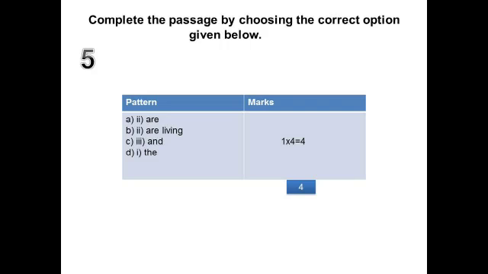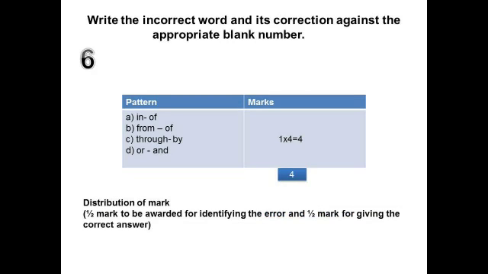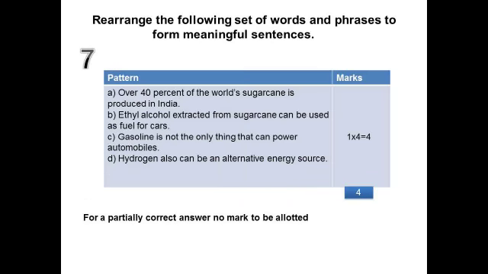Similarly, we'll have question number 6, which is all about checking your error-finding ability. Correct sentence corrections. So it'll be about spotting errors. So you need to spot the error and correct it. So again, 4 questions, 1 mark for each. Question number 7 is about sentence reordering and sentence transformation, which means you'll have a sentence which is completely jumbled up. You need to rearrange it accurately, keeping subject and verb